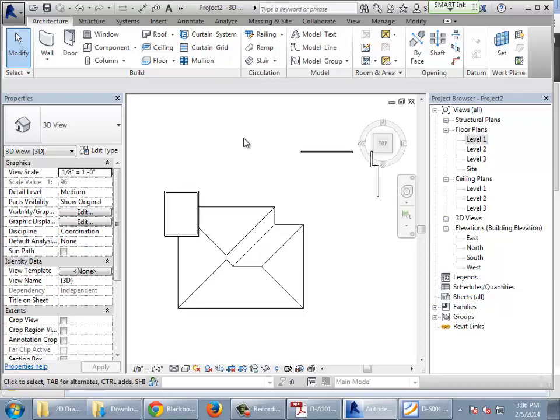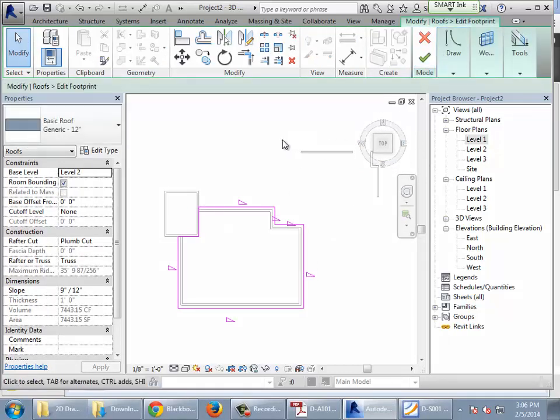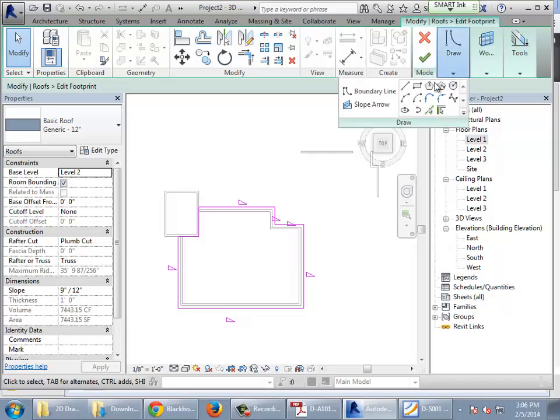Okay, now that's looking pretty good, but there's still that hole in the roof. This is actually not so bad. You have a hole in your roof around the center. We can go ahead and address that too. The way you address that is, again, we'll edit the boundary. And if you want to have a hole in your roof, what you do is you basically just trace an inner boundary. So if I, for example, just drew an inner boundary